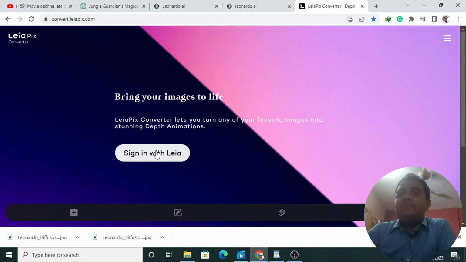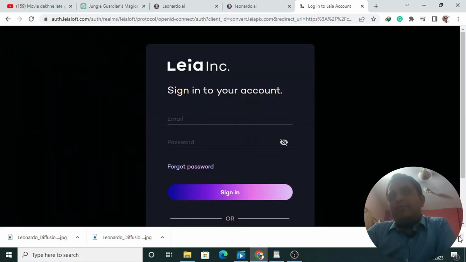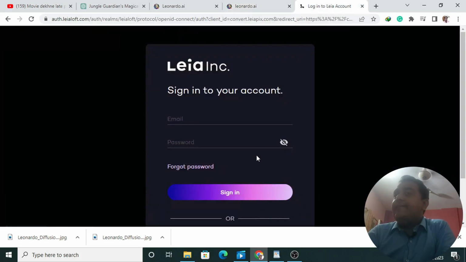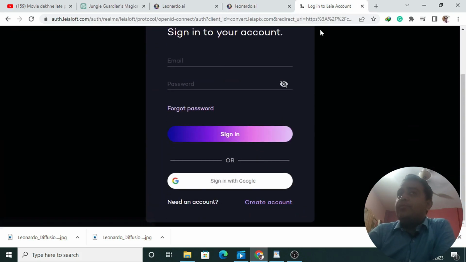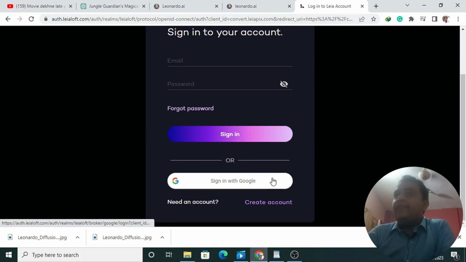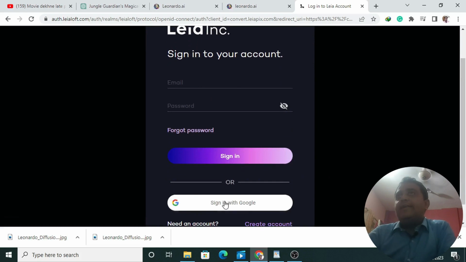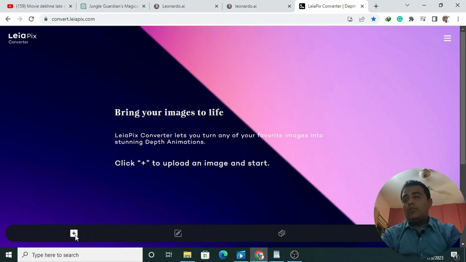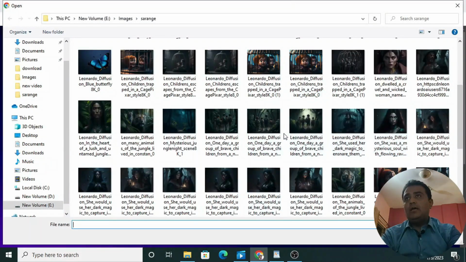It's a very amazing tool. So it has brought me to this. You will have to provide your email and password, and then you will receive an email on your provided email address. But now I'm going to click here on the sign in with Google, and it will automatically log into the home page. So now that I have logged into this website, after login you will have to click on this plus sign, and what I'm going to do here is to add one of the pics.